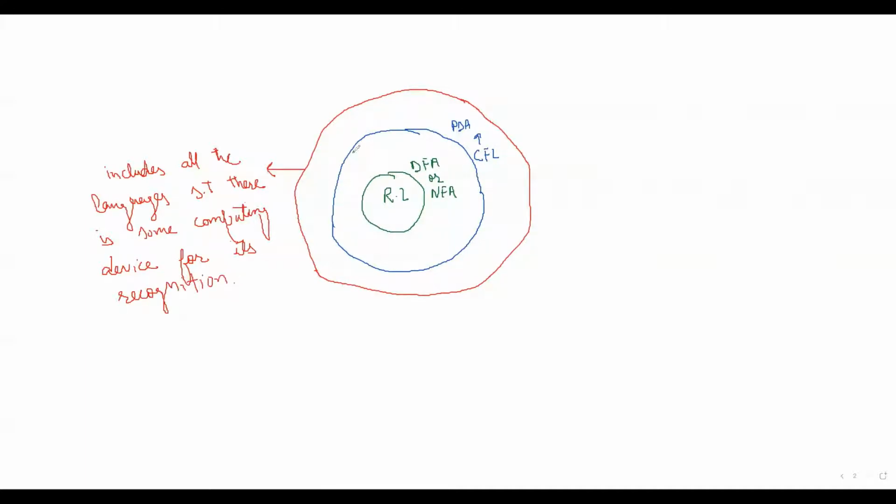So this red set includes regular languages as well as context-free languages, and also some languages that are not context-free languages. For example, this kind of language. Okay, or we can say this set includes all problems